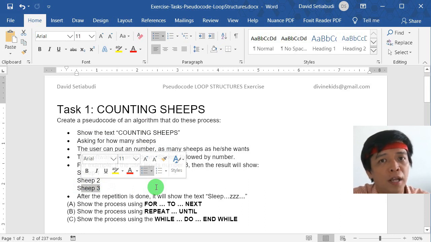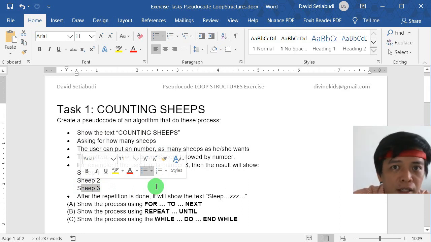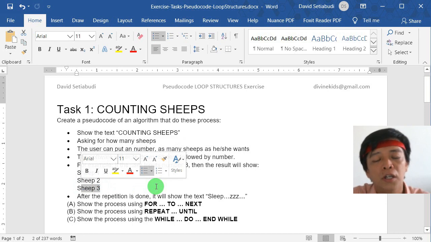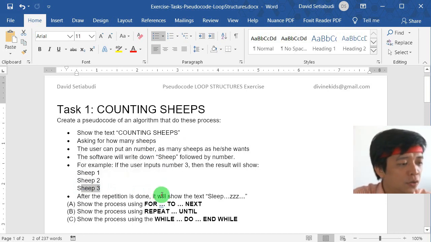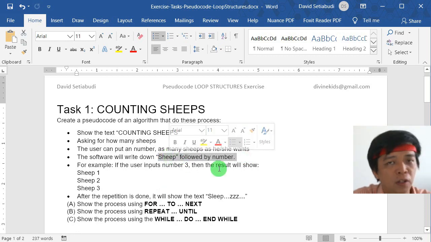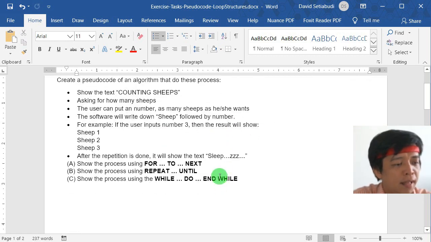If you type 50,000, then you can get 50,000 lines of sheep. So it will write down sheep followed by number. And the last one, after you show until, let's say, you want 3 sheep, and then you get 3 sheep, and then you write down sleep,